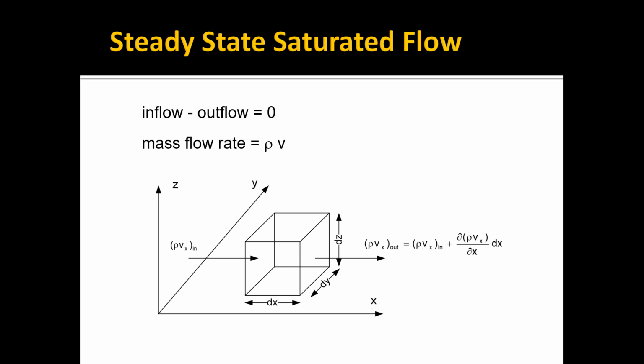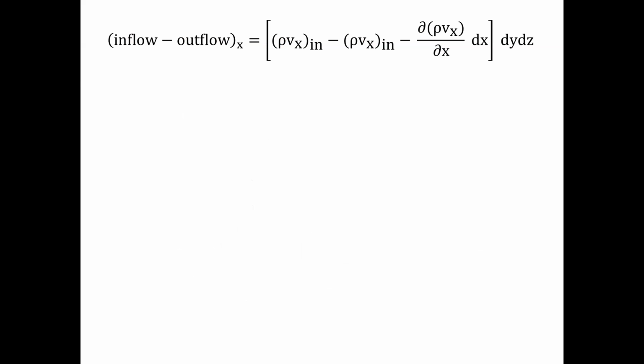Put very simply, some of the water that comes in the left side may be diverted up or down, or in the y direction, and go out one of the other faces. So that's a simple way of thinking about that change. So if we go back to our inflow minus outflow equals 0,